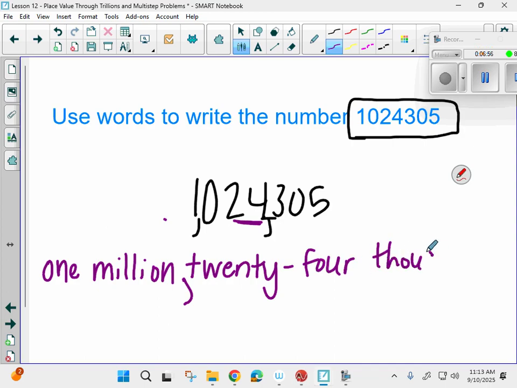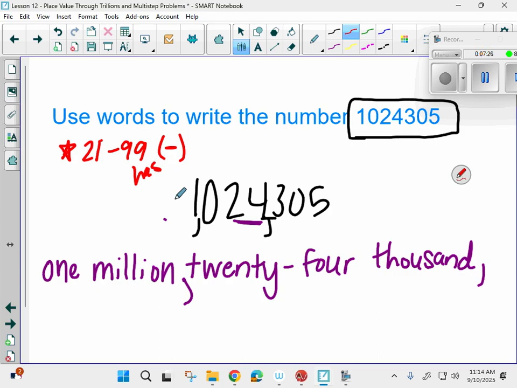Now, a little reminder you might want to add into your notes. Any number between 21 and 99 has that lovely dash in it. Like 62, you put the dash in the middle, right? 59, you put the dash in the middle. Okay, so anything from 21 to 99 has a dash. Okay, so 24 has that dash. Okay, 24,000, and then the last part is